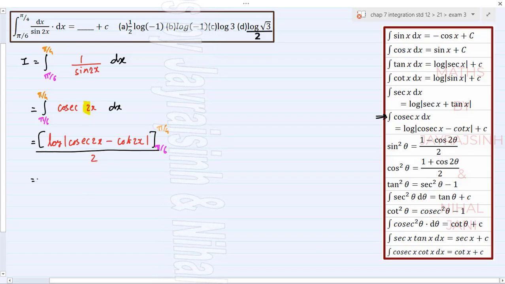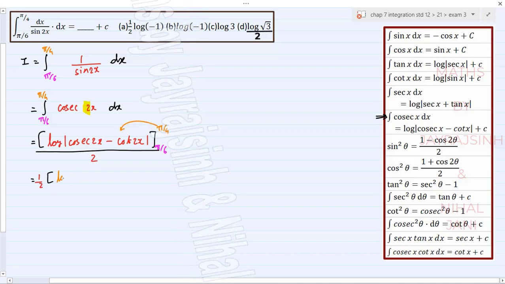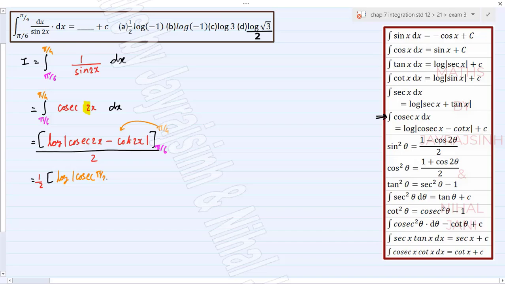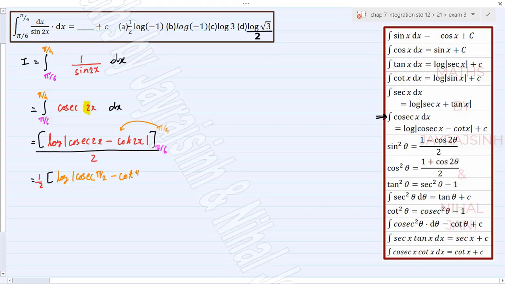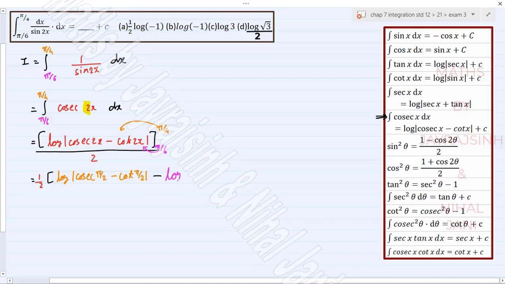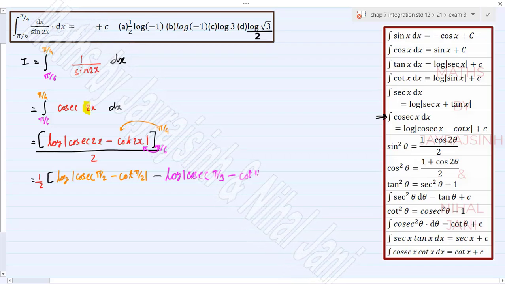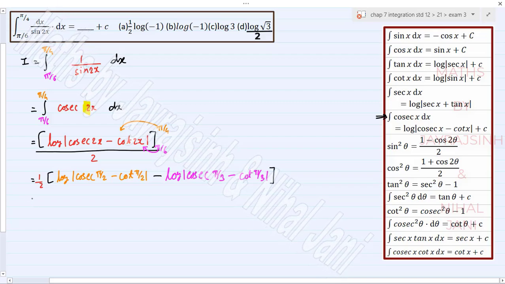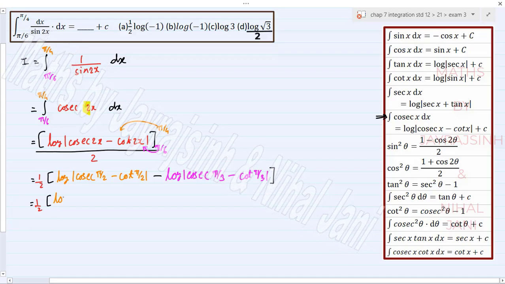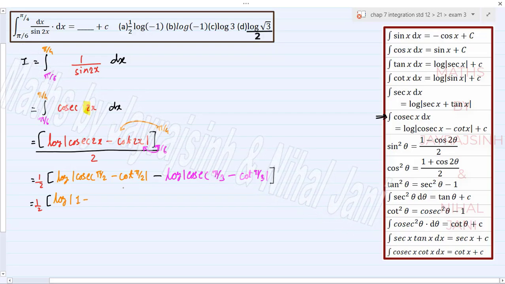Now to get the final answer, we just have to substitute the limits. From the upper limit we will get log|cosec 2 times pi by 4, or we can say pi by 2, minus cot pi by 2|, minus from the lower limit we will get log|cosec pi by 3 minus cot pi by 3|. So here your 1 by 2 will remain as it is. Cosec pi by 2 is simply 1, and cot pi by 2 is 0,